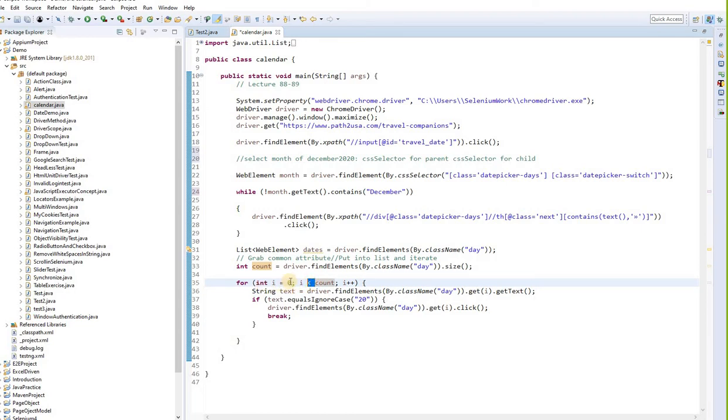So I started from 0. If you started from 1, it would be less than or equal. Since we're starting our journey from 0, which is the first element, we're saying i less than count. So it should be less than your total number, one less than your total. So i less than count, then i plus plus. So inside this is the same